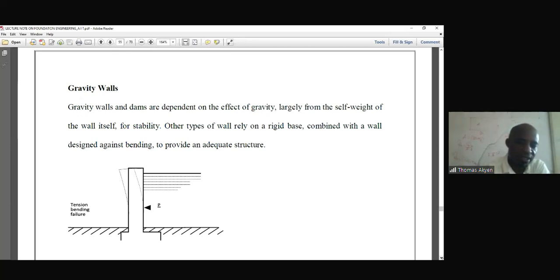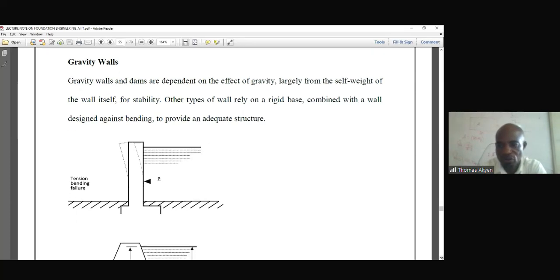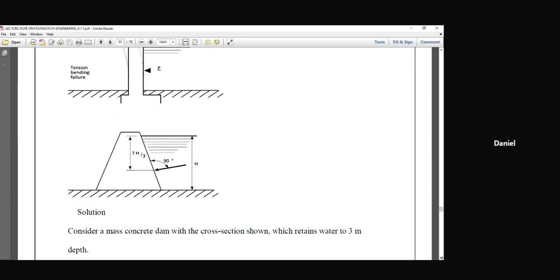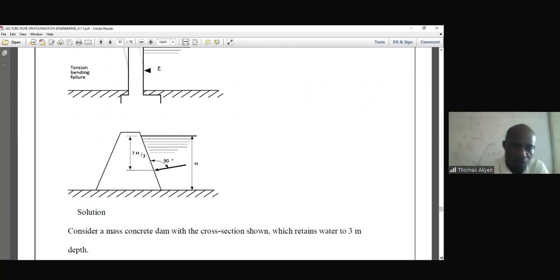So you can see that the column wall has tilted a bit. There has been a tilt between the column walls. So this is showing you the gravity walls, where we have also